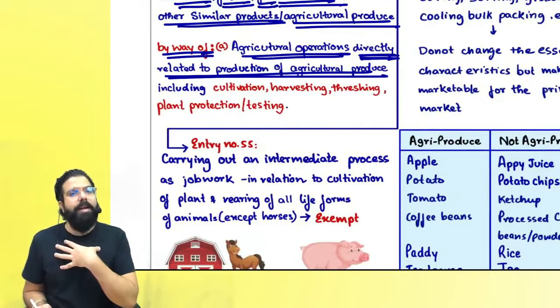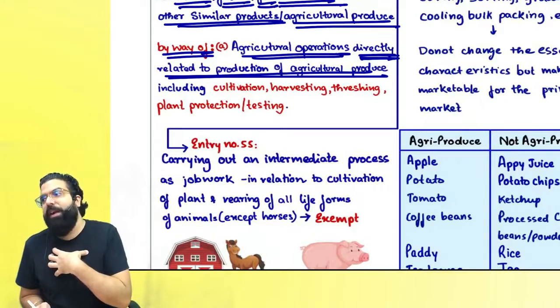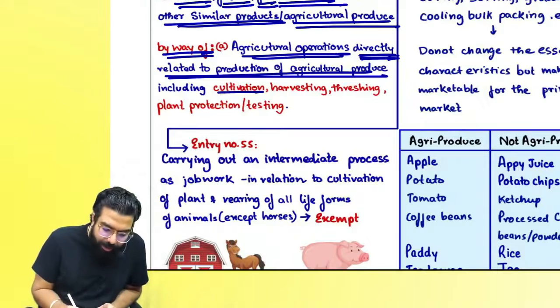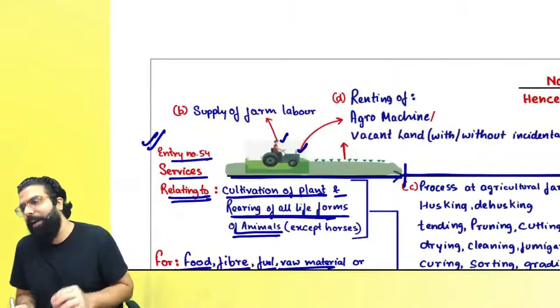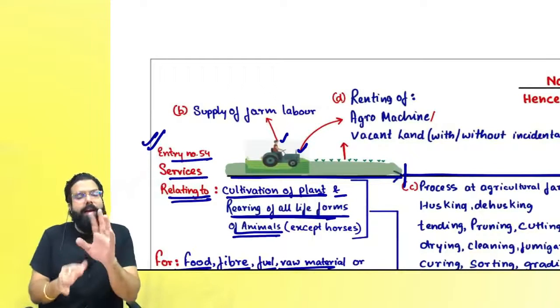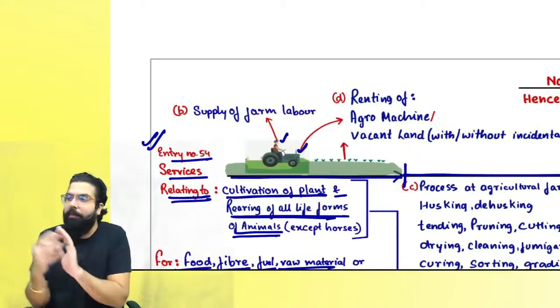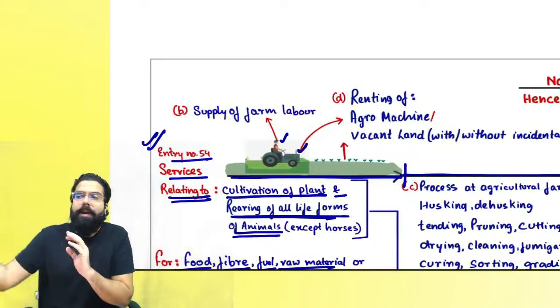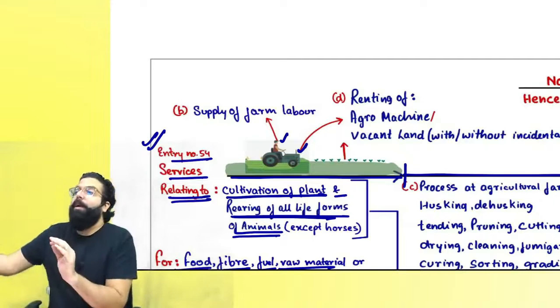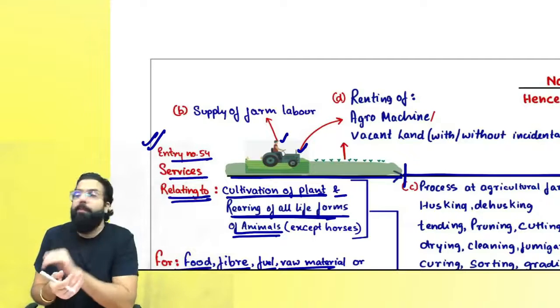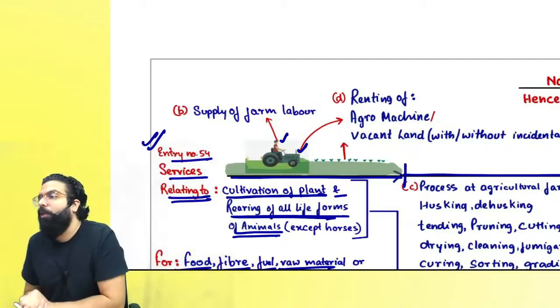So if somebody has given me services which are directly in relation to production of agricultural produce, including cultivation, harvesting, threshing, plant protection and testing, then those services will be exempted. So if somebody has helped me in doing testing of the soil, on those services there will be no GST. Somebody has helped me with cultivation of plant, there will be no GST. Somebody has come and done fumigation, which is plant protection, then also there will be no GST